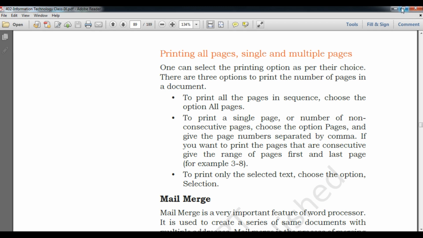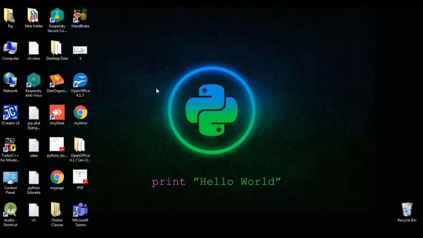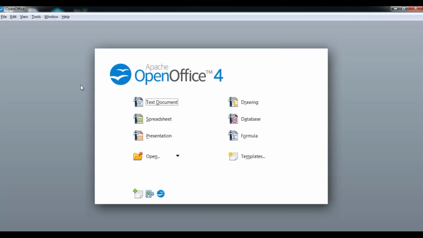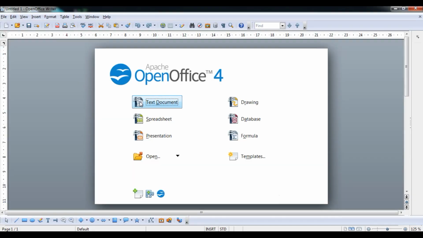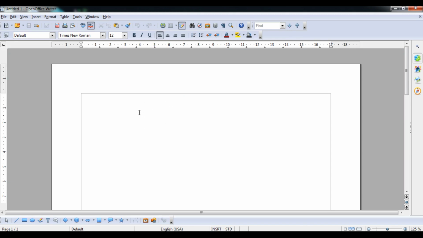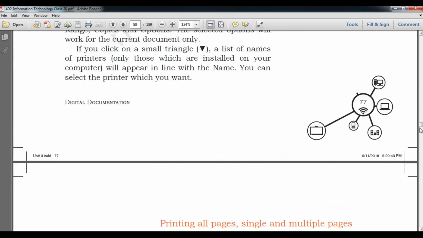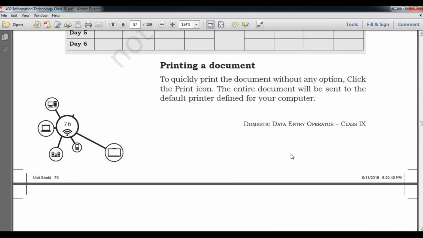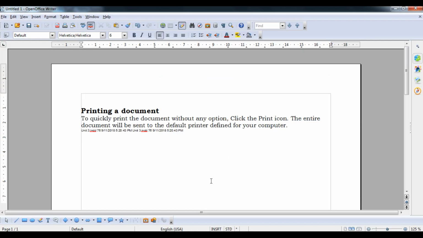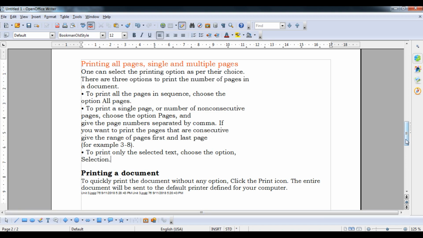So let's do it practically now. To do that we have to open OpenOffice 4.1.7. So I have to select a text document. Before I print, I need to see the print preview also. So I can't see a blank print preview. What I'm going to do, student, is just copy the content of a particular study material, and then we can see how it looks. So I'm just copying this data, student, and now I can paste it.